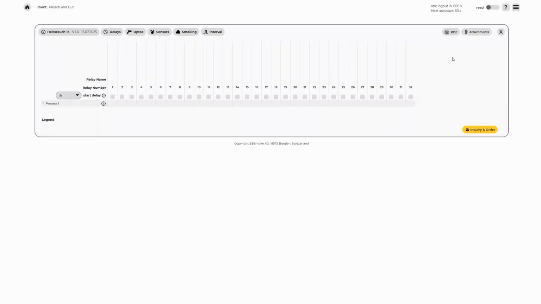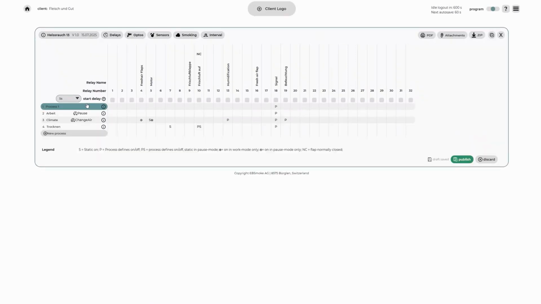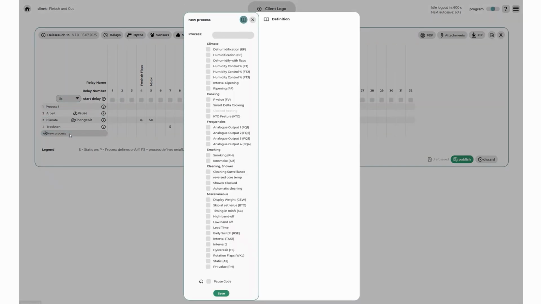In order to create a new process, we again go to programming. Then we can already see on the left side there are some processes. We create a new one. I call it drying. Here on the left side, we can see all the settings that we can activate on